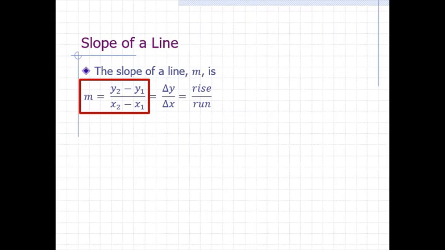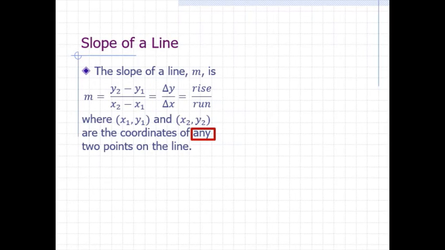Given a line, we can determine the slope m by using the formula y2 minus y1 divided by x2 minus x1, where x1, y1, and x2, y2 are the x and y coordinates of any 2 points on the line. Note that y2 minus y1 is just the difference in the y coordinates of the 2 points, or the change in the value of y when we go from one point to another. It is customary to represent differences or changes in value using the Greek letter delta. So, y2 minus y1 is delta y. Similarly, x2 minus x1 is just the difference in the x coordinates of the 2 points, and we can refer to it as delta x.